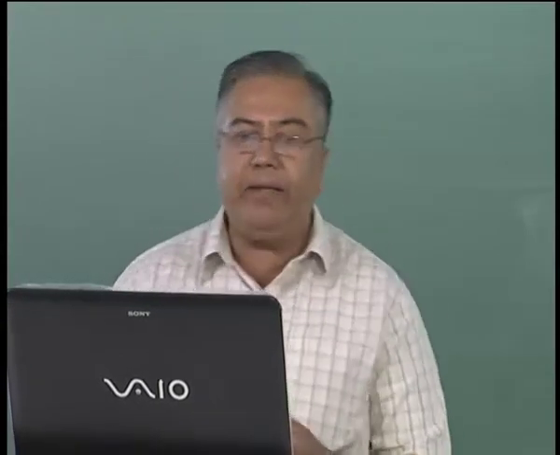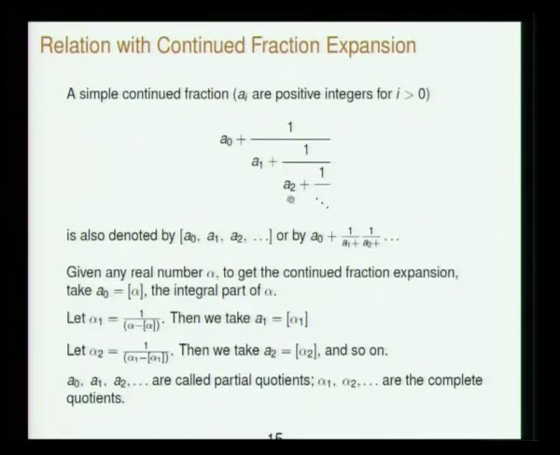So what is the method? So what is a simple continued fraction? Normally a0 plus 1 by a1 plus 1 by a2 plus 1 by etc., further division like that is called a continued fraction. It is called a simple continued fraction if only ones appear here. a0, a1, a2 are all integers, they are positive after the first one; the first integer can be negative.